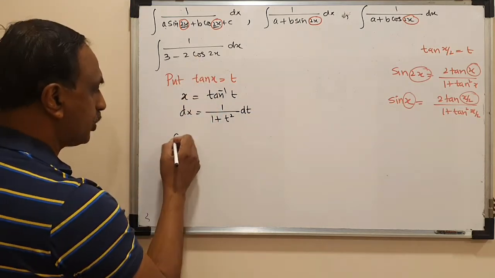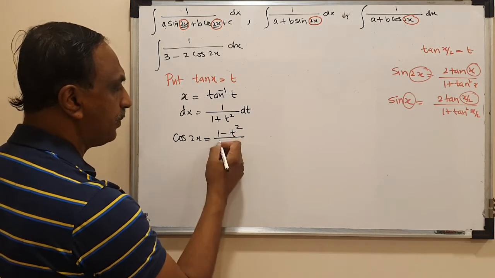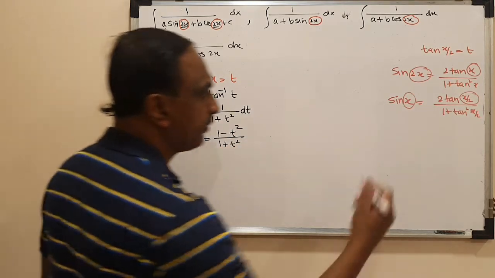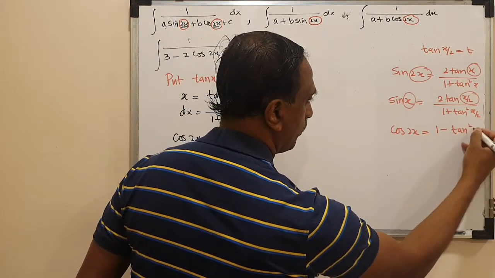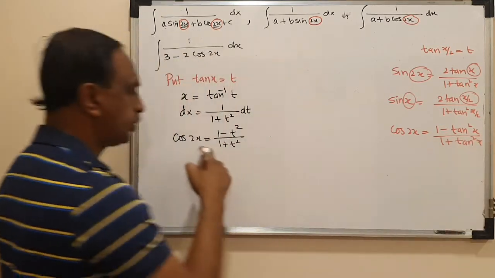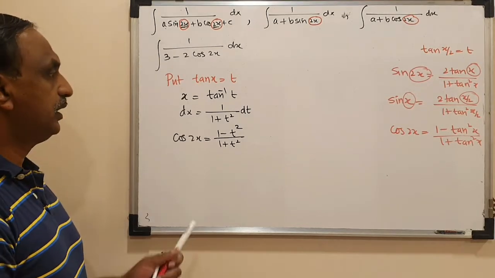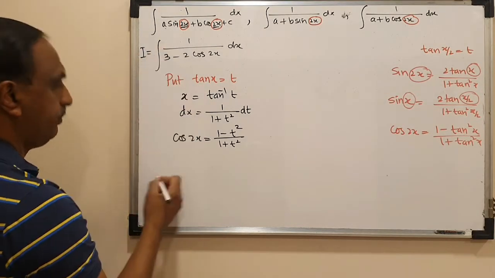So in place of cos 2x, I can write (1 minus t square) upon (1 plus t square), because what is the cos 2x formula? Cos 2x is (1 minus tan square x) upon (1 plus tan square x). So I can write cos 2x as (1 minus t square) upon (1 plus t square). So the problem remains in the same manner. So the integral I became